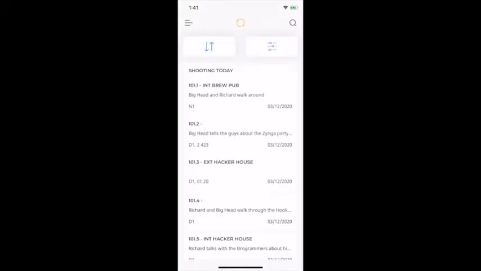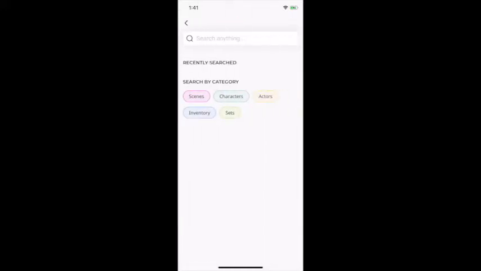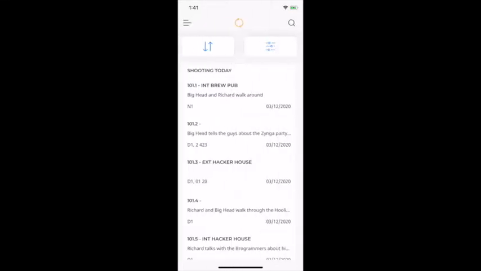The magnifying glass in the upper right-hand corner is going to be the universal search icon. Now this is going to be your best friend when you're quickly searching for something, no matter where you are in the production. This is always going to allow you to quickly jump into scenes, characters, actors, inventories, or sets. You can also search for anything in the search bar, and it will pull up all of the entities that contain that search criteria. Okay, I'm going to go back now